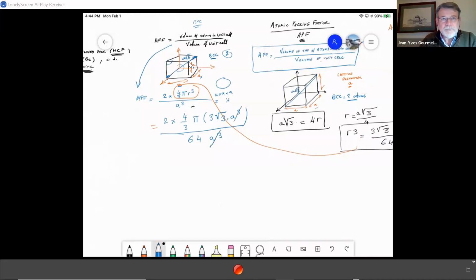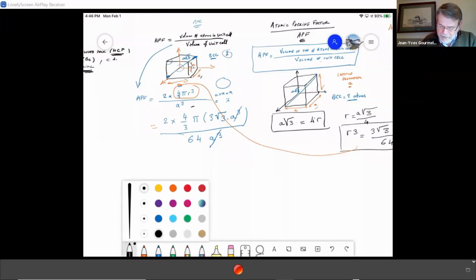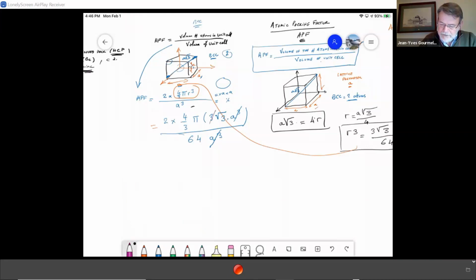That in turn gives you what? The 3's will cancel here. You can simplify the algebra this way, and we'll have